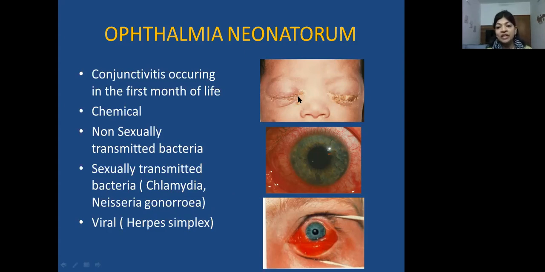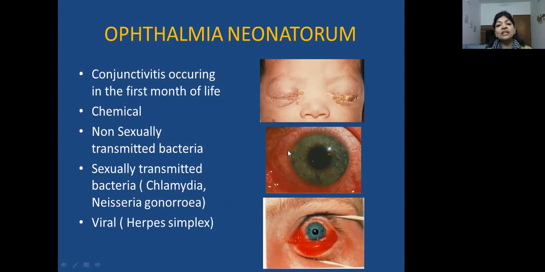So if you have a baby like this, where you see crusts around the eyelids with mucopurulent discharge, you should always keep Neisseria gonorrhoeae in mind, and then you send conjunctival swabs. It's also important to remember that chlamydia presents like this, with profound mucopurulent discharge. In both these conditions, there is no role for treating the kid with topical medication. It's then no longer on the ophthalmologist, but on the neonatologist, because they would need systemic treatment. If it's gonorrhea, you're going to treat them with a single dose of intramuscular ceftriaxone.